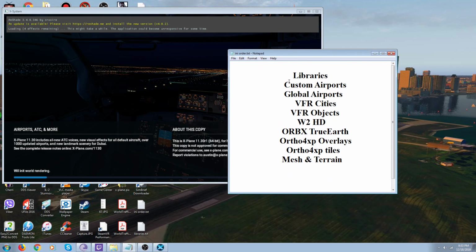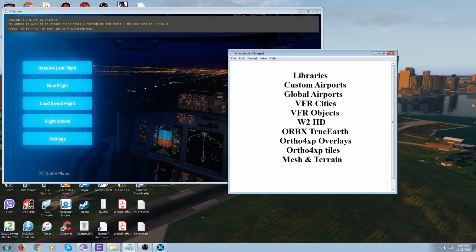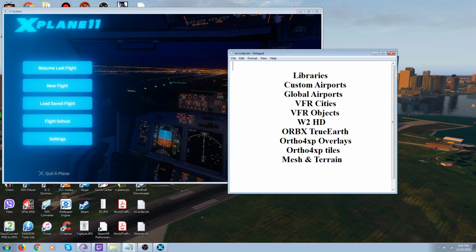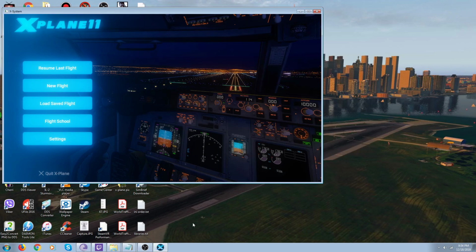Libraries at the top, custom airports next, global airports next, VFR cities, objects, orbs through Earth, Ortho 4XP overlays, Ortho 4XP tiles, if you have that stuff, and mesh and terrain. So you can refer back to this in the video. That's what you need. And then what else you have to do, I'll show you after we're done with this here,